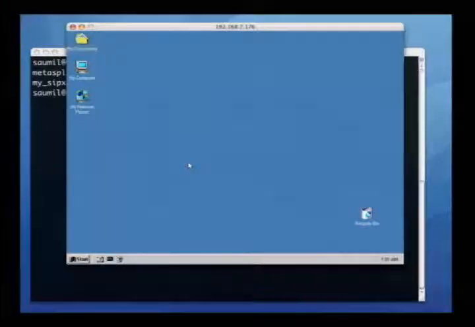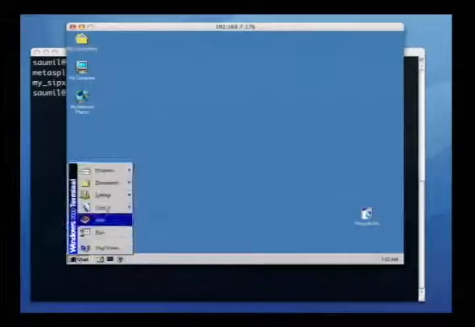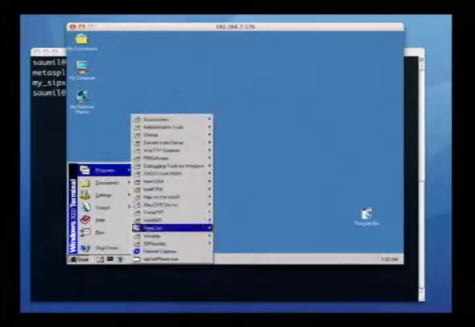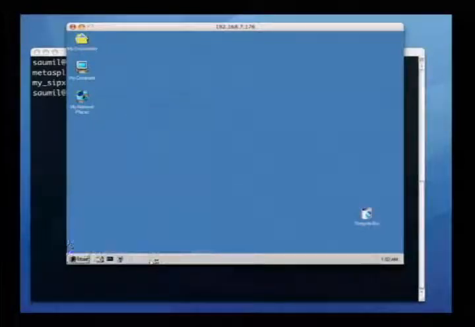Okay, the next demo I want to do is actually an SEH overwrite, structured exception handler overwrite exploit, which causes this SIP library to fail. So let me show you. Here's a SIP phone that I have.